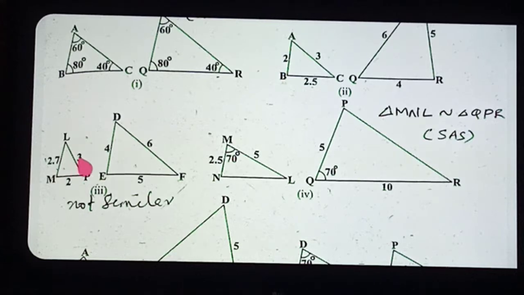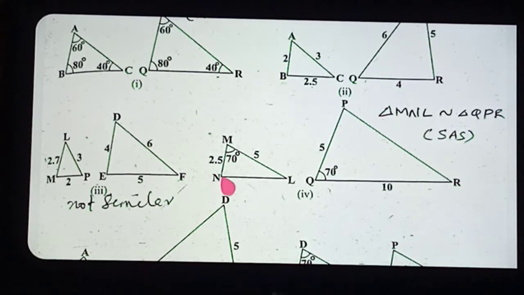Okay, whichever values are given, we can work out upon that only. Here sides are given, so we will work out upon that. Here angles are given, so we will apply, we will think about the AA theorem or AA corollary. Here, what is given? All the sides are given, so we will think about whether SSS is possible or not. This is the method of finding out.